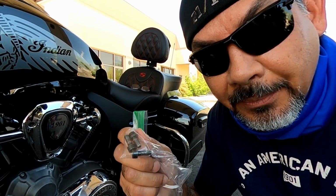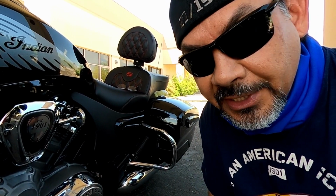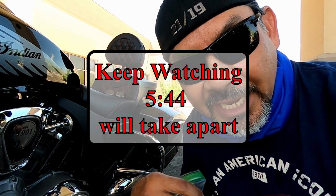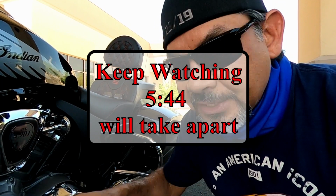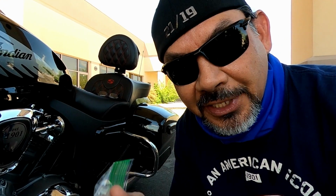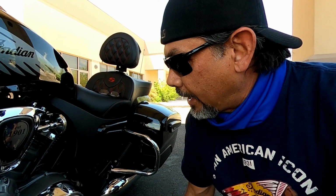I'm going to keep these because if for some reason during my travels something happens and I have to take it apart, this cover won't go back on because the bolts are too long. It's not going to tighten, it's going to rattle there. So if I save these, put them in my saddlebag, something happens, I'll use these bolts. That's just my, I don't know, food for thought. And so I'm going to get my Allen out here, 6mm, and I'll show you real quick how I